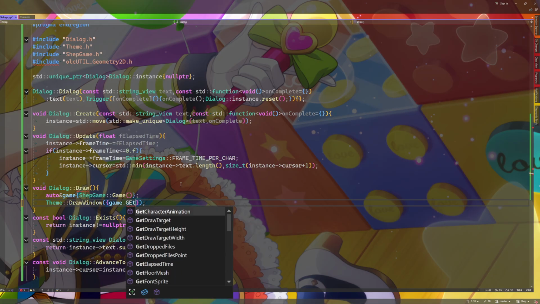Okay, so we start from 1/3 of the screen off. So I just do game, get screen size. Is it screen size or is it get width? I don't think I want that. I think I want screen size.